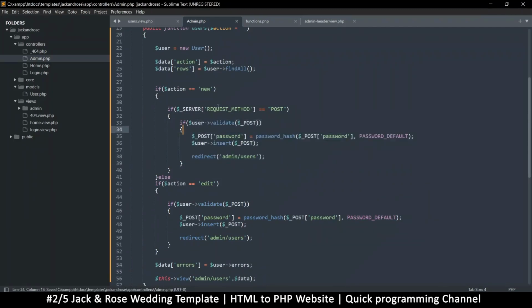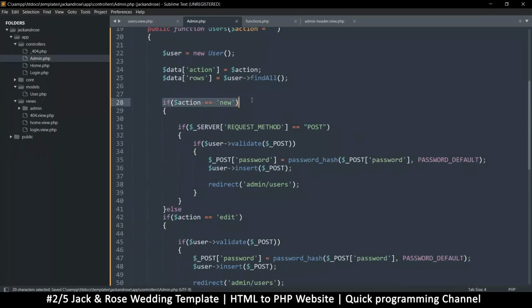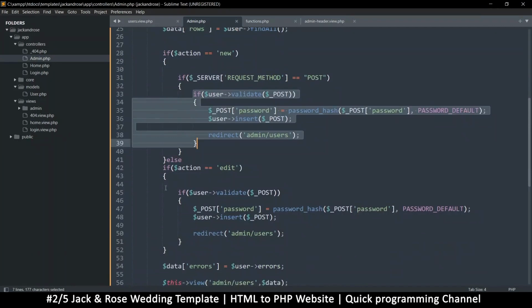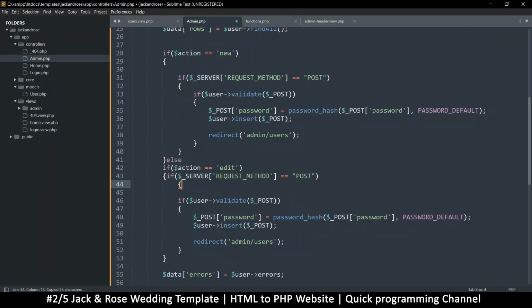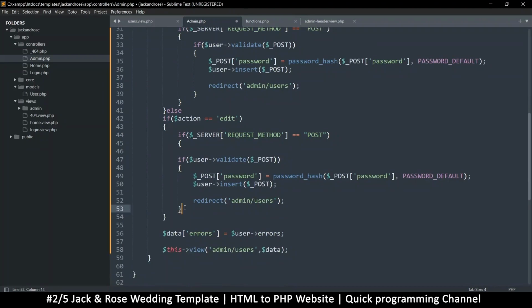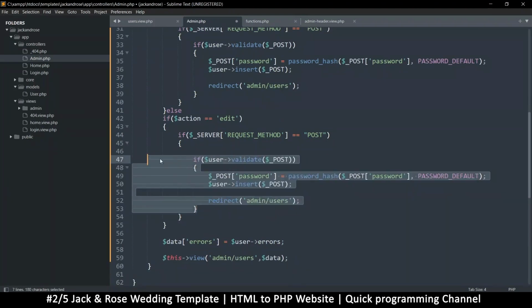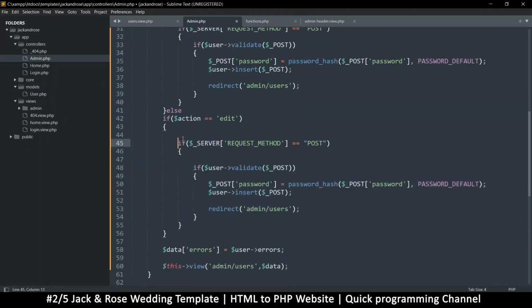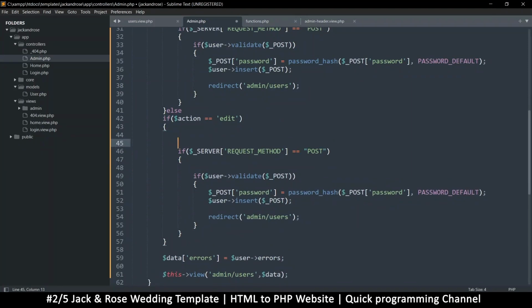So this is what I've done. So if action is equal to new and something was posted, that's when we do this. But if action is equal to edit, we should also check if something was posted before we try to do this. Duplicate that, move that over. There we go. Now, if something wasn't posted, whether something was posted or not,